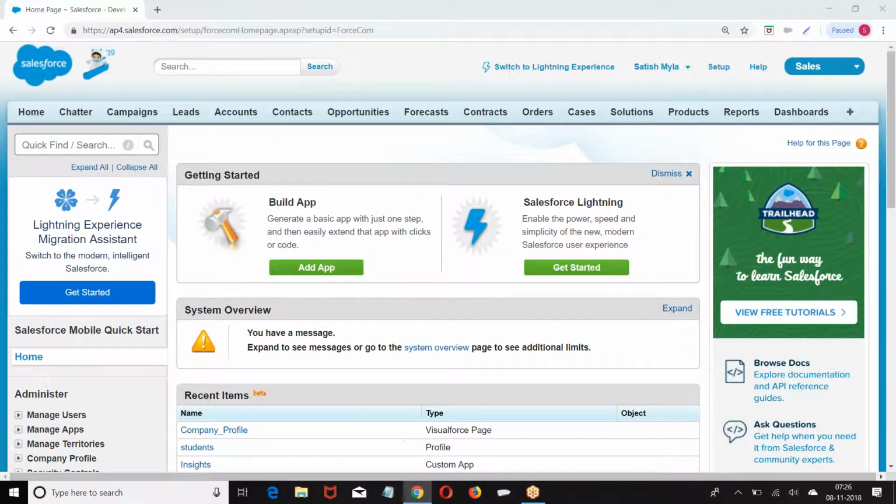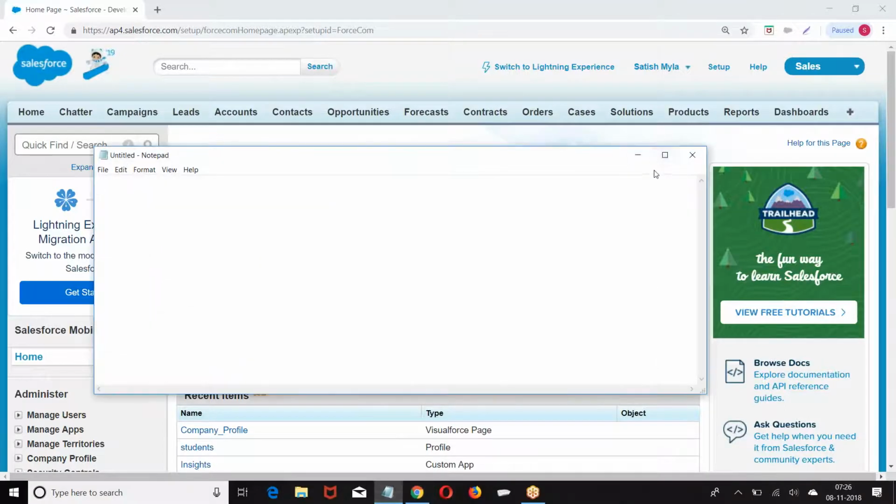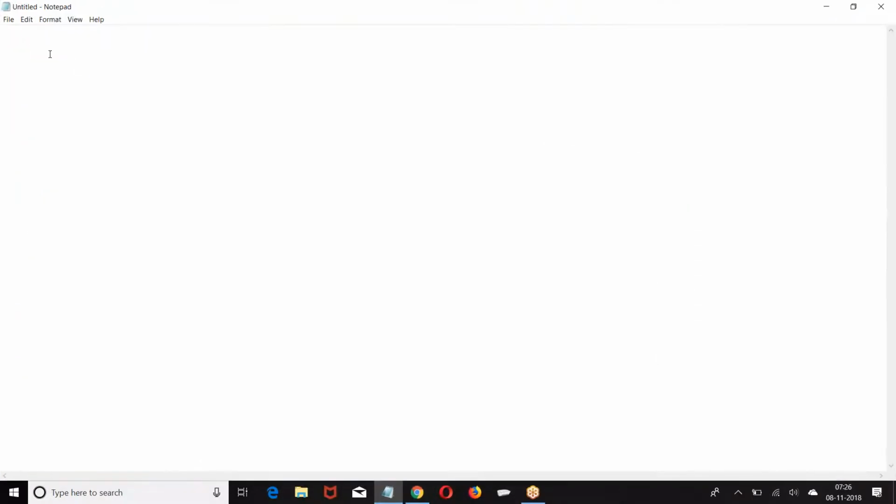Generally, these are the terms which we are going to use frequently in the complete Salesforce. First one is object. We will discuss in detail, but as an overview, try to understand this point. Object. In the regular database, you call it a table. In Salesforce, we call it an object. Whatever you call a table in the regular database, we call it an object in Salesforce.